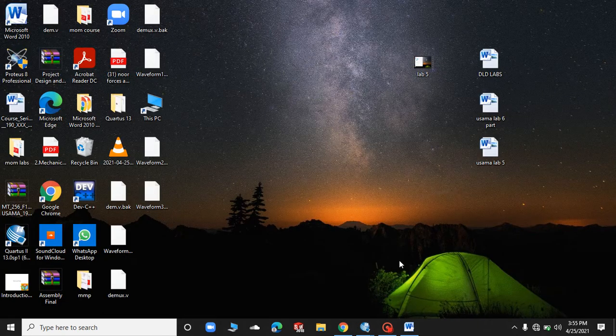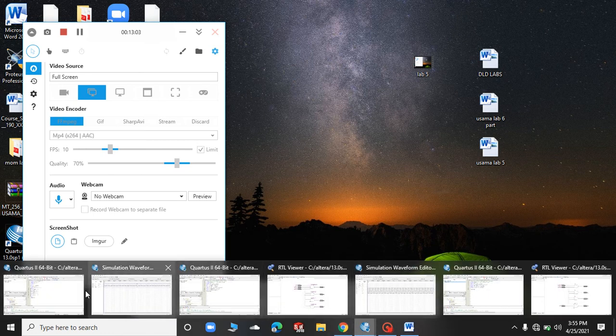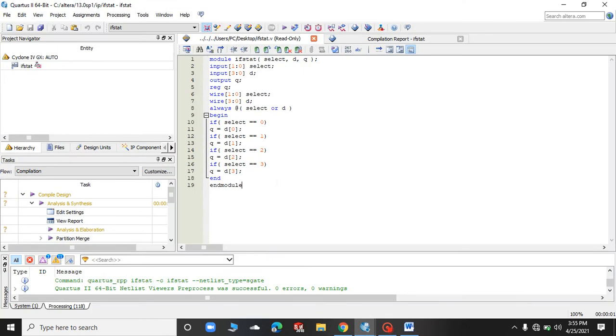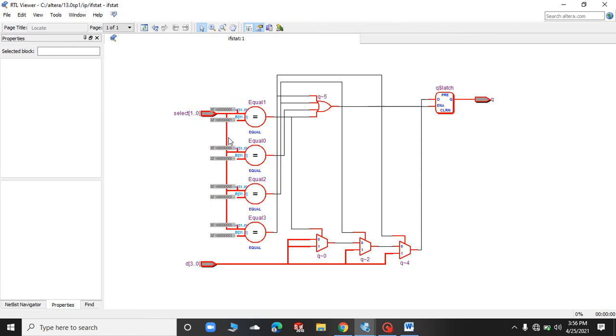Let me just check. Just wait a second. Yes. If I run this simulation, I will first click on locate in the RTL viewer. I can see that here I am having four if conditions, that is equal to 1, equal to 0, equal to 2, and equal to 3.